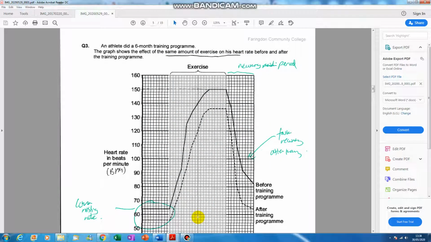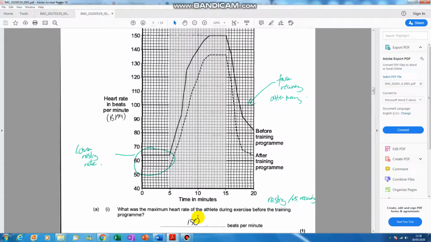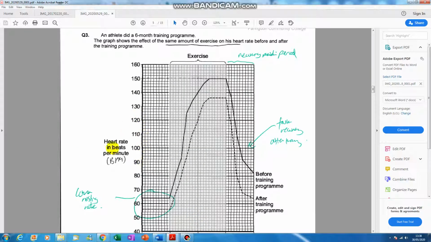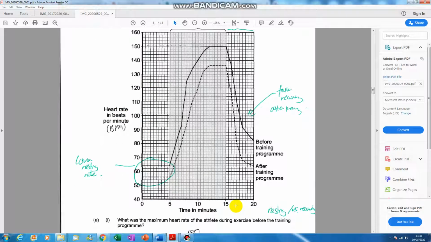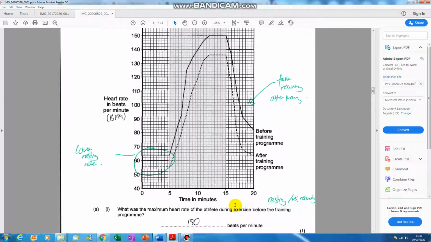Okay, so this is to go over question 3 of the Foundation Biology Chapter 4 test. An athlete did a 6-month training program. The graph shows the effect of the same amount of exercise on his heart rate before and after the training program. So here's a graph, and the heart rate in beats per minute on the y-axis. X-axis, you've got the time in minutes, and